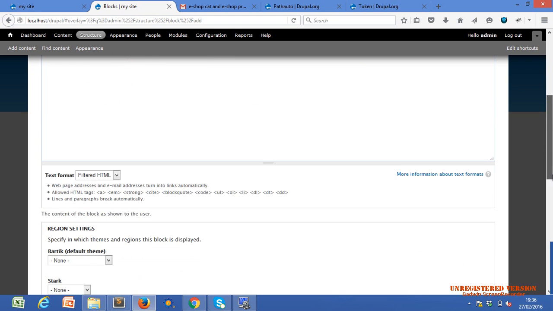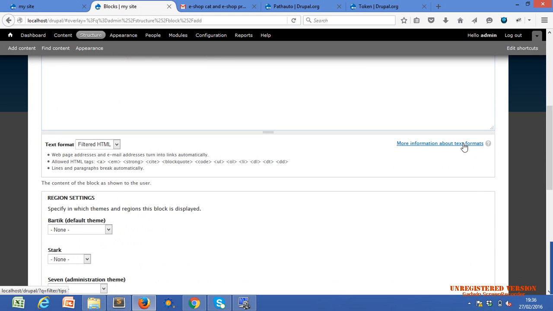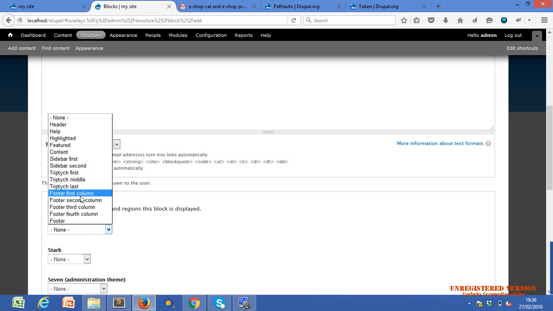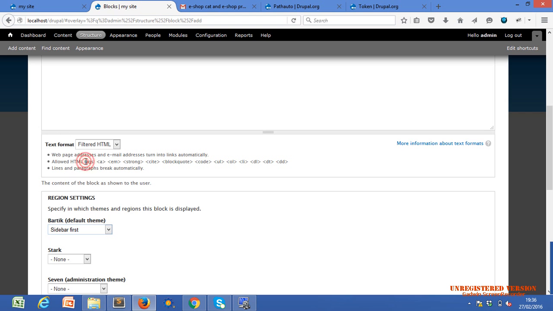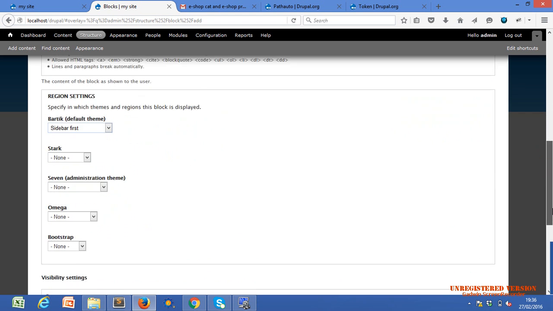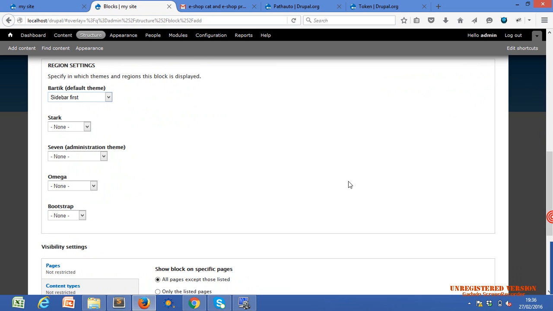We can also put more information about the text format and region. In Bartik, the default theme, where do we need that block? Let's assume I need that block in the sidebar first. In the different themes, we have all the theme options here.